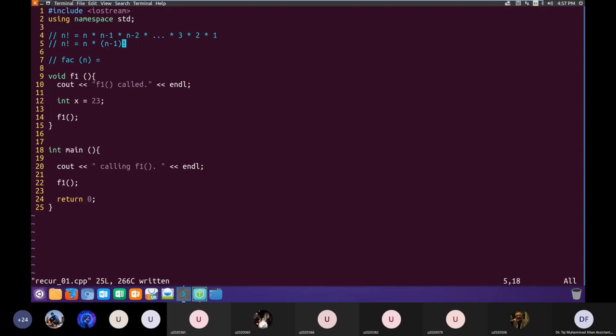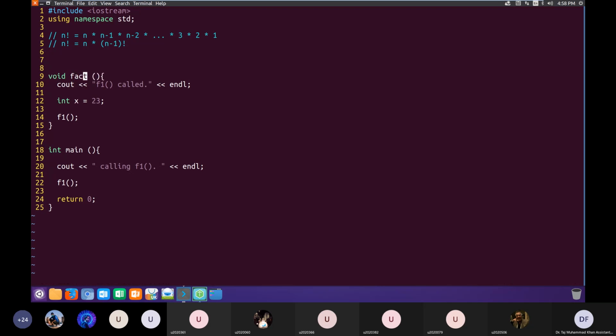So this is a recursive definition of factorial because we are defining factorial in terms of factorial. Since we have formulated the problem recursively, it would seem that recursion is perhaps a good tool to solve this problem.